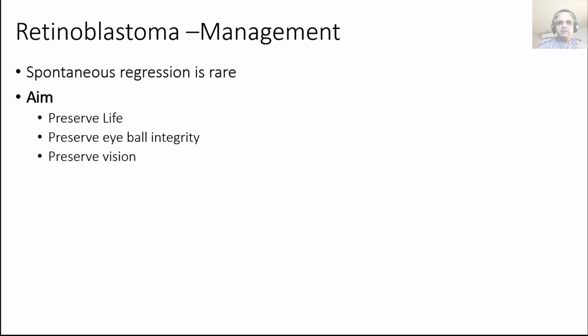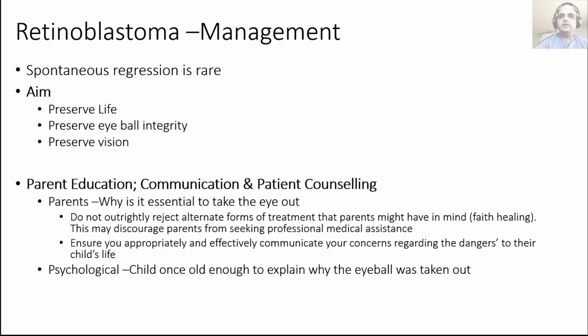So these are our priorities: life, eye, and then vision. I've already touched upon this aspect before, that you need to be very careful as to how you explain this to the parents, because you need to tell them that the life is in danger and that the eye might have to come out. You need to communicate it effectively and sensitively,